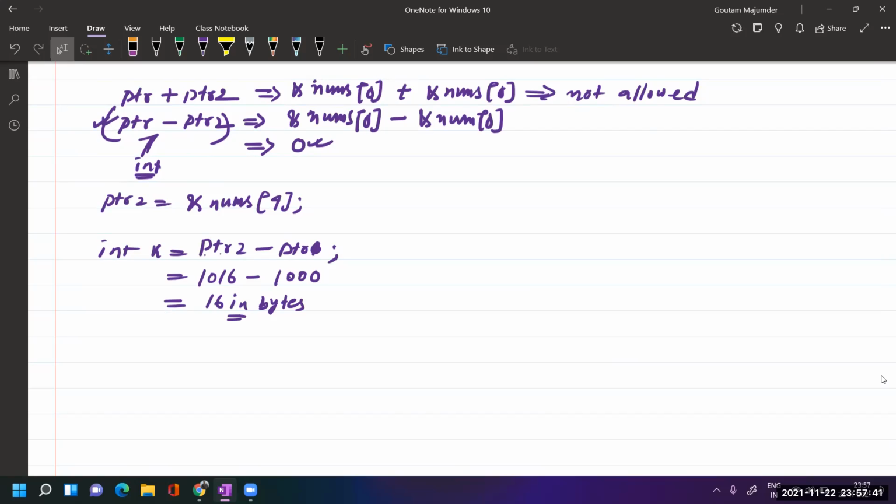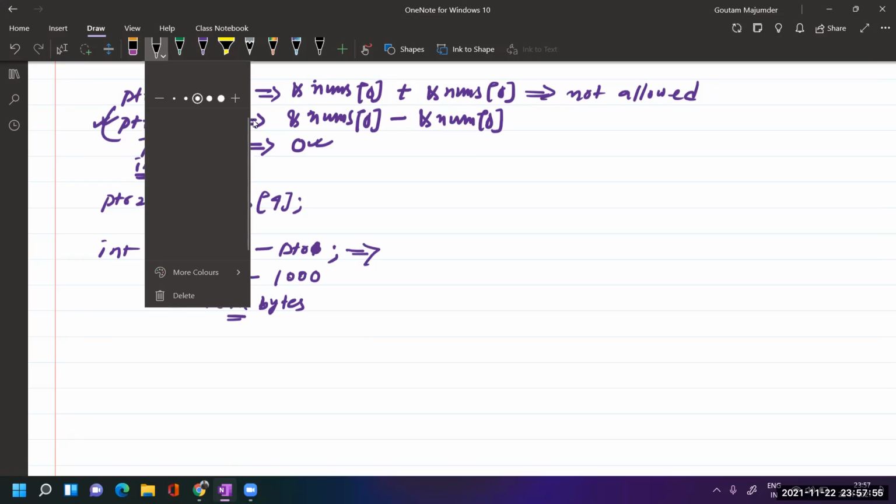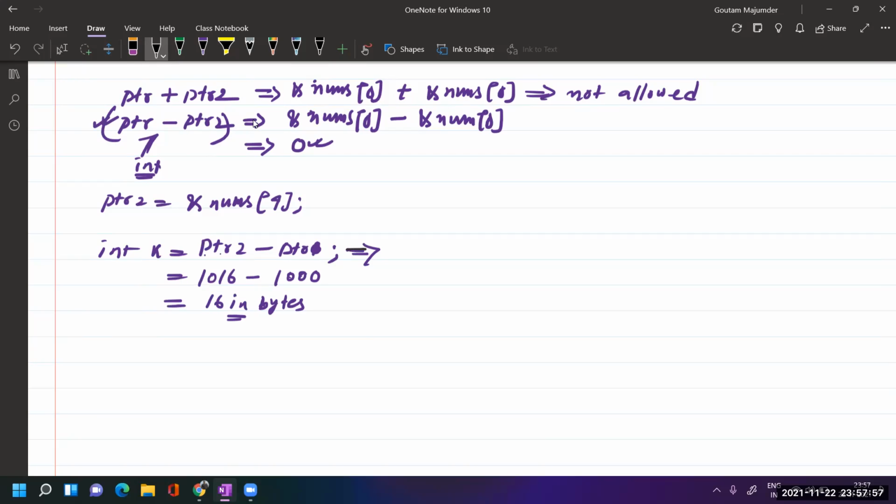So 16 bytes is actually how many integers it can hold. So actually what this compiler will do, when you write this, the compiler will translate this in a different way. Okay, so here I am writing what it will do.